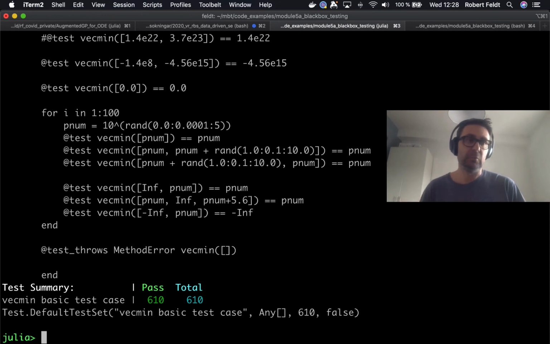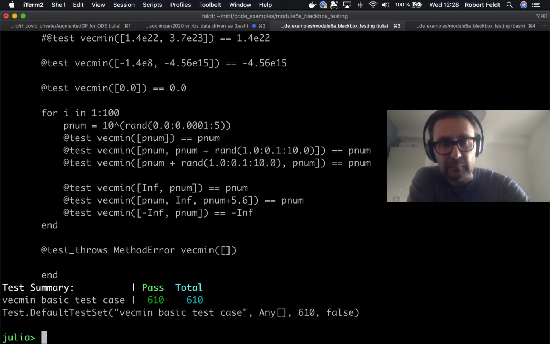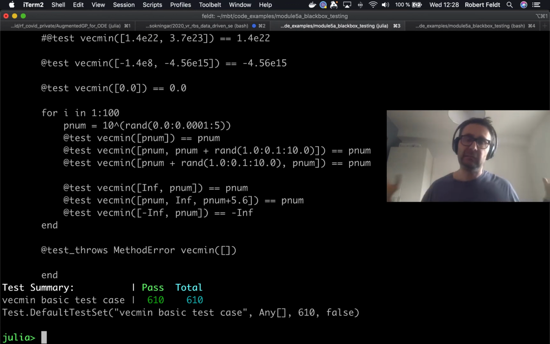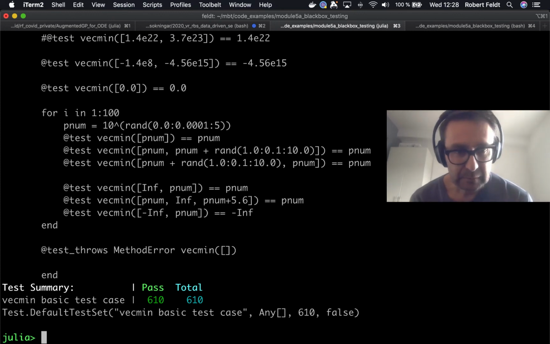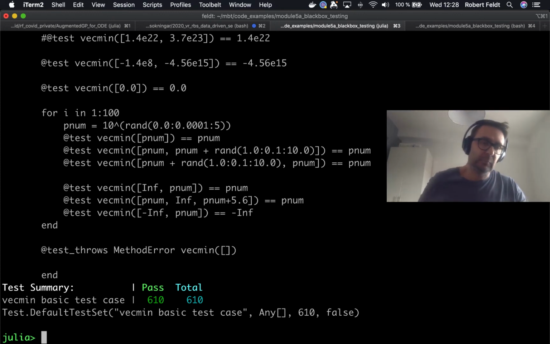And I didn't show all the different ways you can think about, of course, when testing something black box. But as you saw, we didn't even look at the source code. So we don't really know what was going on, but we could do some testing. Of course, this testing is not perfect. We can go deeper on it, and then we're not going to catch all errors, but it's an example and a way to start, and hopefully you get a little bit more sense of